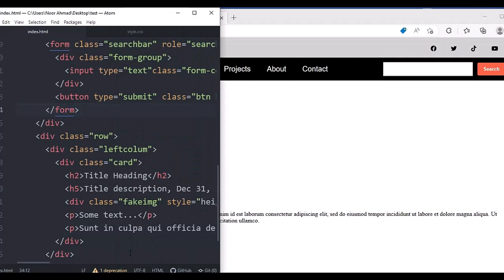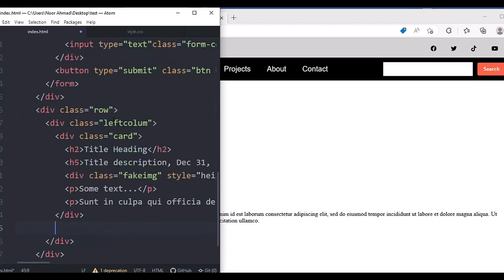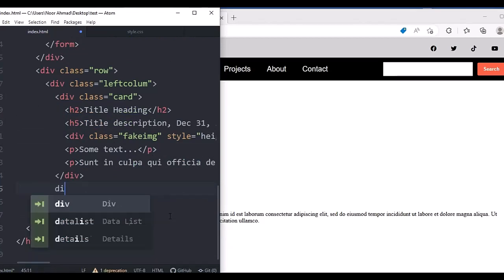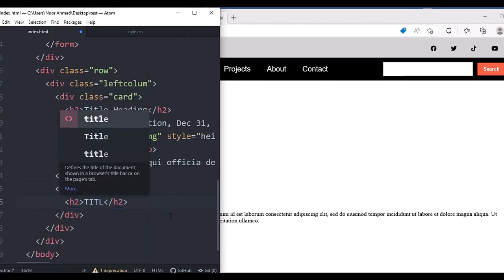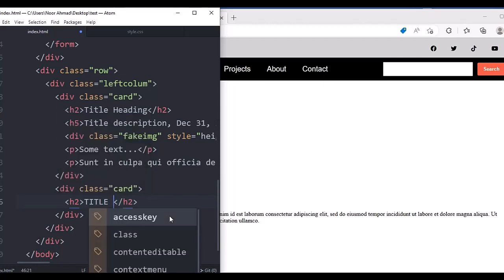So before adding the style, I'm going to add 2 or 3 other sections as well, and here I'm going to add another section inside the row and left column, and outside the card section. Here I'm going to create another div which is card, and here I'm going to add h2, and this one will be title